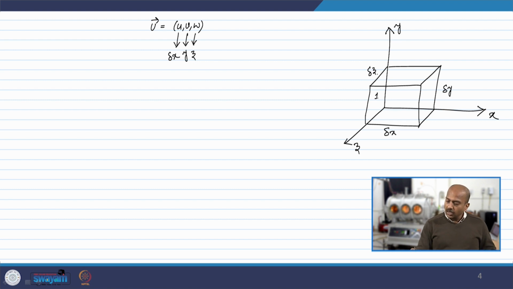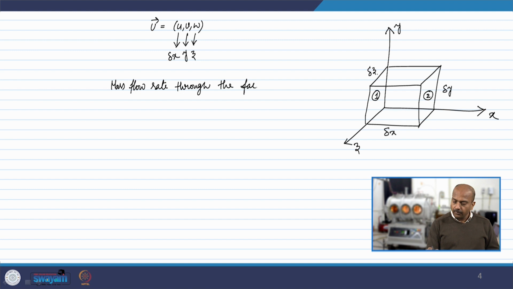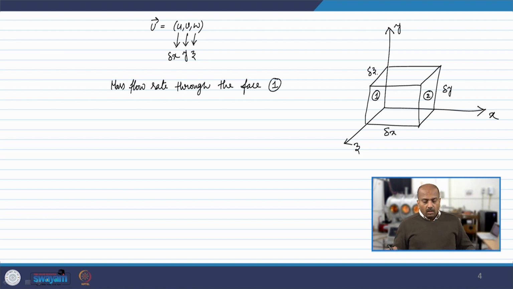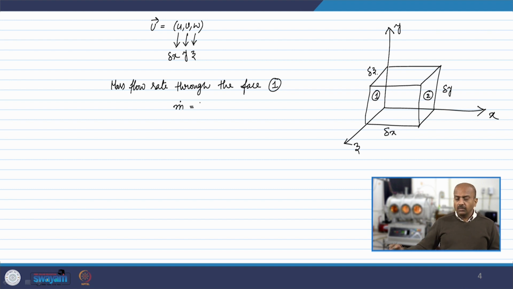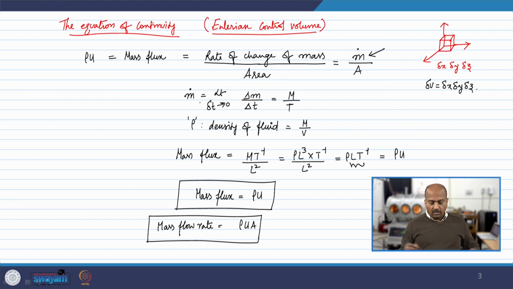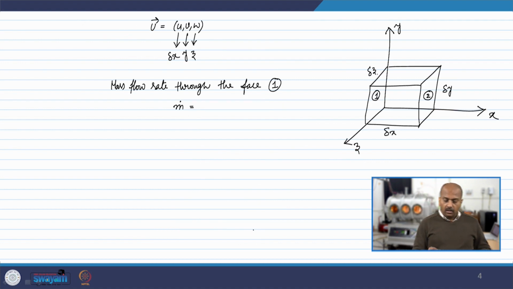So, let us say we call this side 1 and this side 2. Now, the mass flow rate through the face 1 is m dot. Mass flow rate simply tells you the change in mass per unit time, the rate of change of mass. And what we have realized is the rate of change of mass is given as rho times the velocity times the area. So, only through this area how much mass is changing. So, mass flow rate is rho u, the mass flux, times